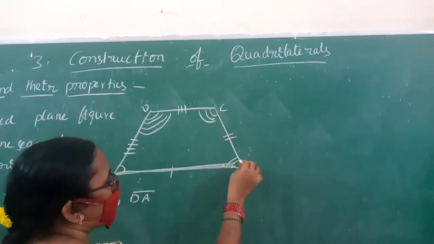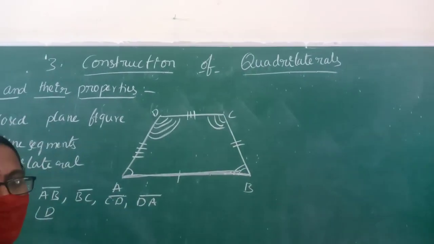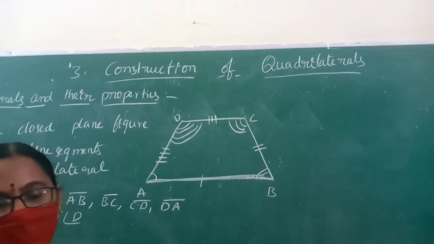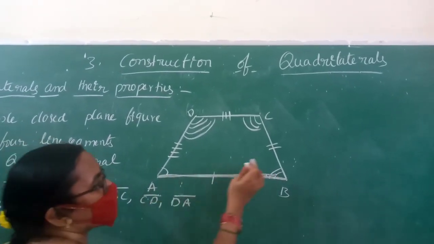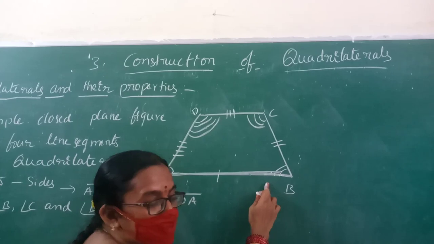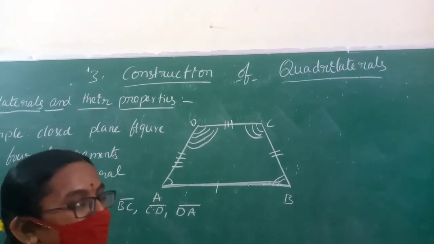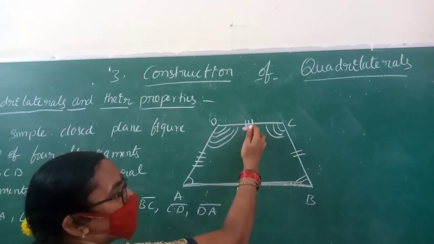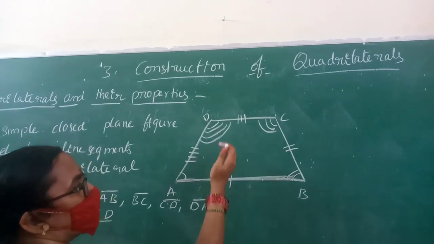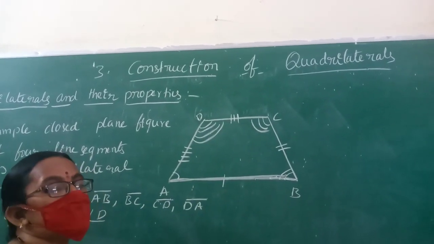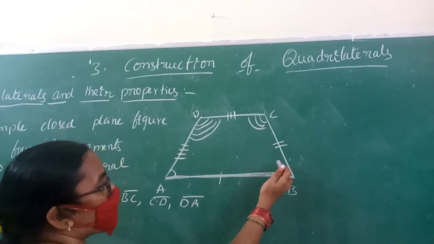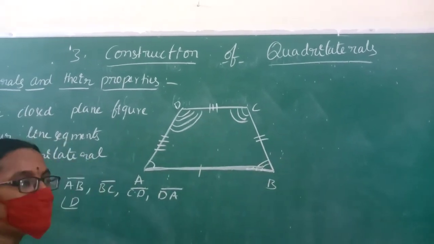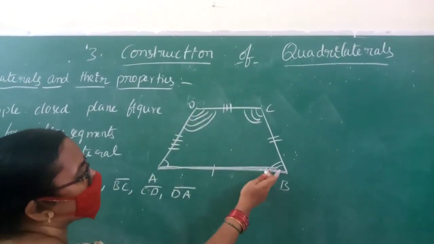See, AB and BC sides are positioned like you and your friend sitting beside each other on the bench. So these two are called adjacent sides. You know the difference? These positions are opposite to each other, so these line segments are called opposite sides. These are side by side, so these are called adjacent sides.